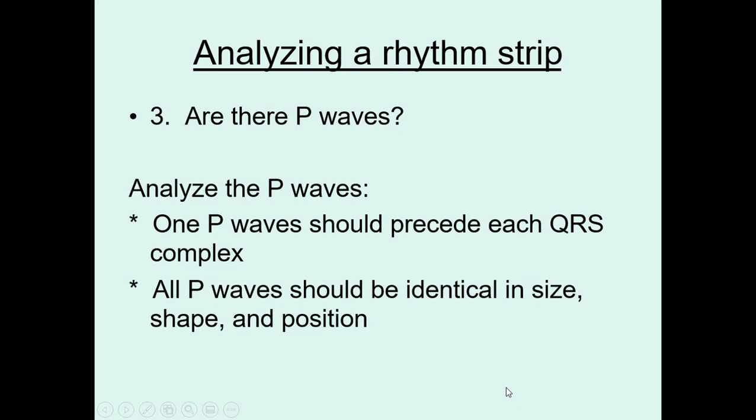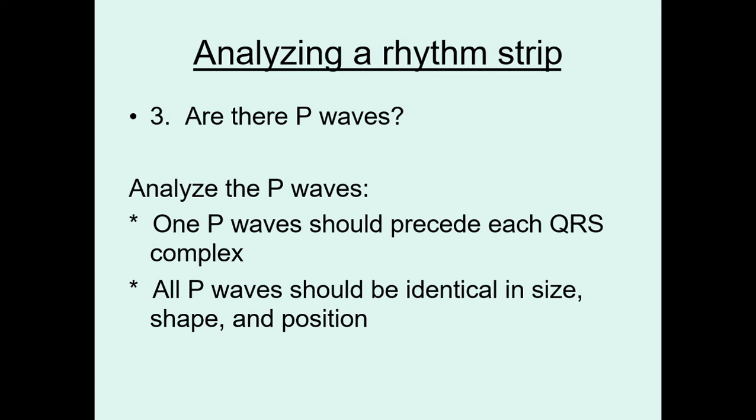Are there any P waves? Again, there should be only one P wave for each QRS. The other thing is that all P waves should be identical in morphology, in size, shape, and position. The P wave should not be behind the QRS. There should not be more than one. The P wave should not be notched. Each P wave should look identical. The P wave in beat 1 should look the same as the one in beat 2,